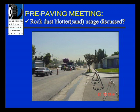Okay, rock dust blotter. Now, this is the example of this horrible traffic control I was talking about. It looks like this truck